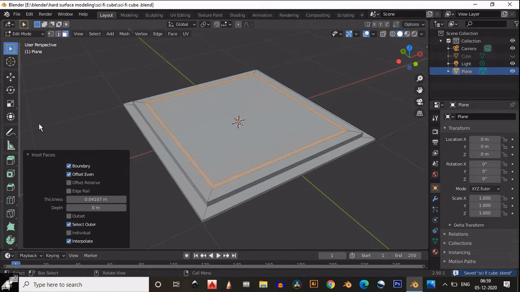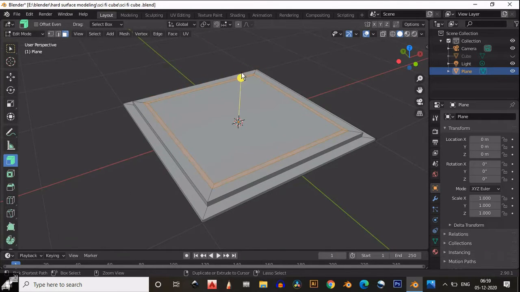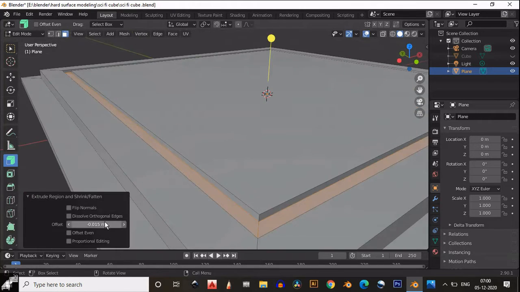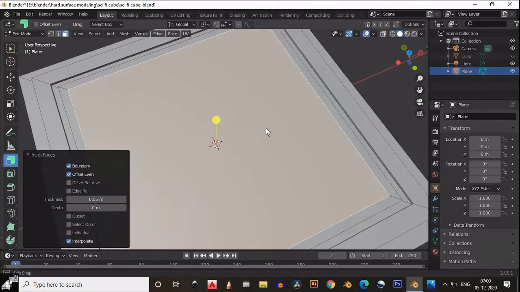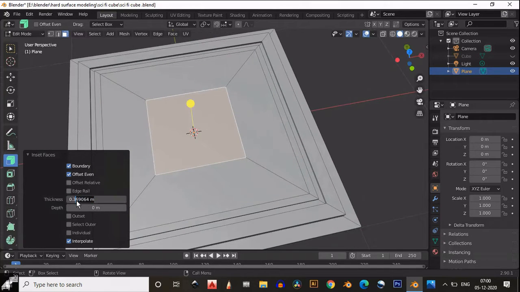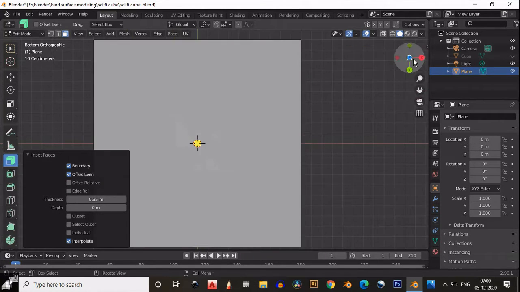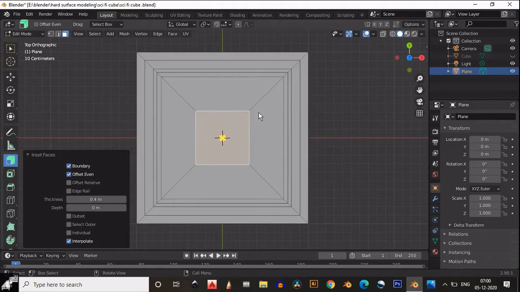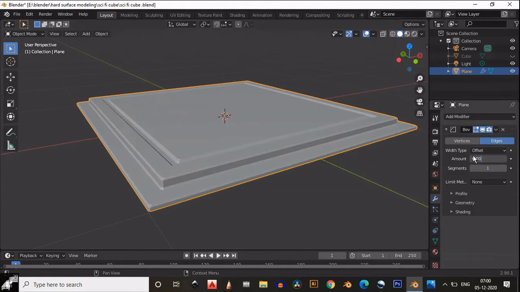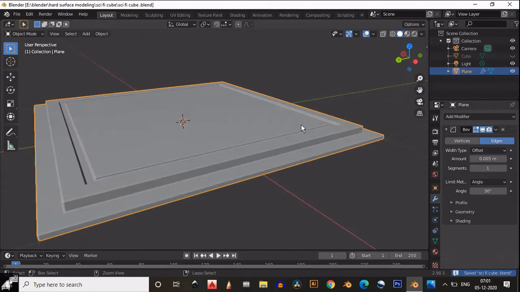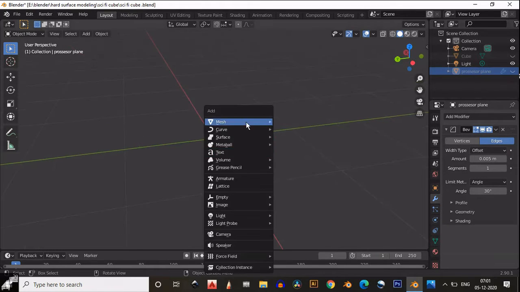and this time select that outer option and extrude inside this face. Okay, you will get something like this, which looks pretty good. The next thing we need to do, one more time inset this face and don't do anything with this face. Keep it as it is. Okay, add a bevel modifier like this. 0.005 will be the amount and change it to angle. Give it a proper name as processor. You can give anything which you want.